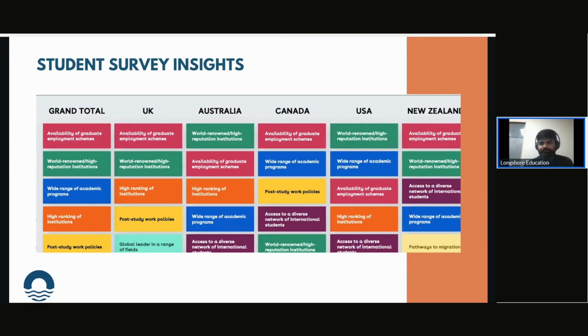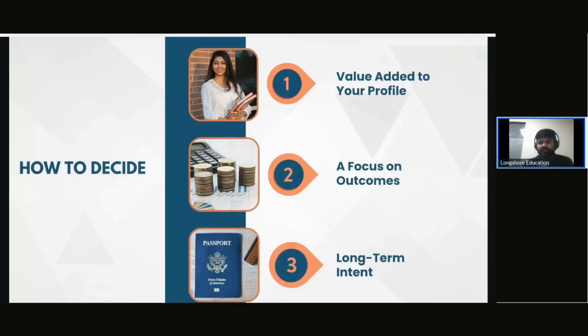So let's talk a little bit about how to decide, right? Don't just follow the crowd. Define your goals for studying abroad. If you are seeking a specific academic program, then look for countries with renowned universities in that field. If cultural immersion is important to you, then choose a country with a rich and vibrant culture. Or if you want to study a particular foreign language, then there's nothing better than going to that particular country for that purpose.